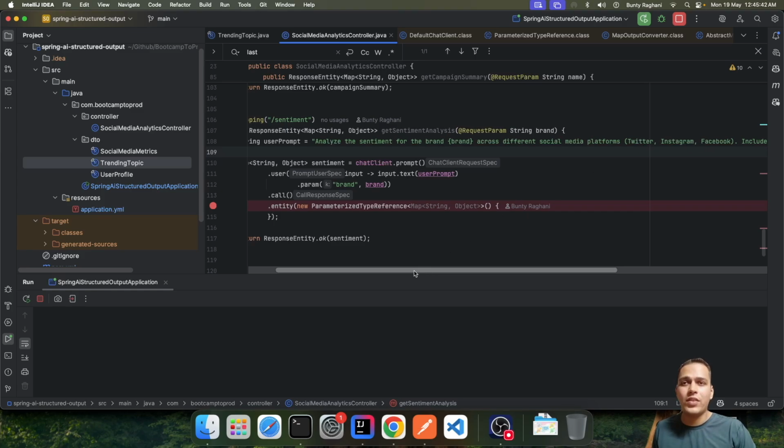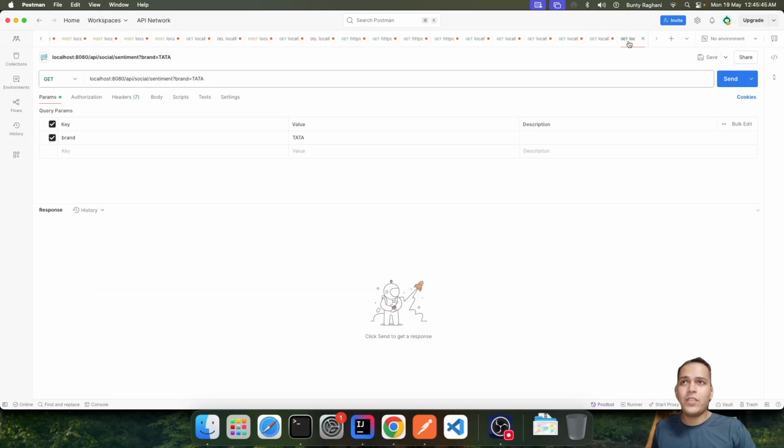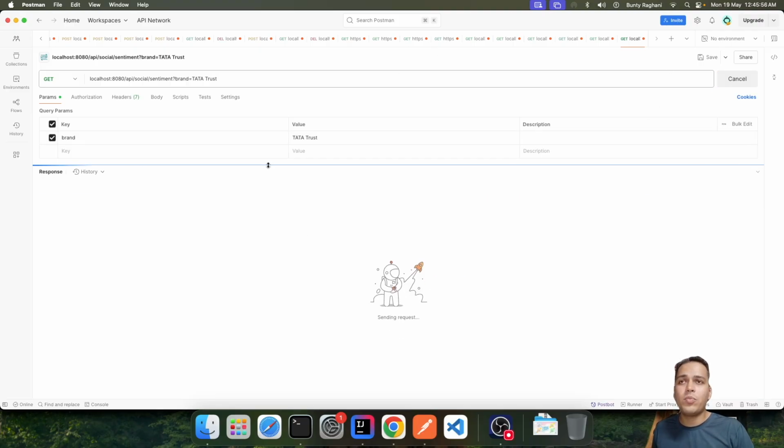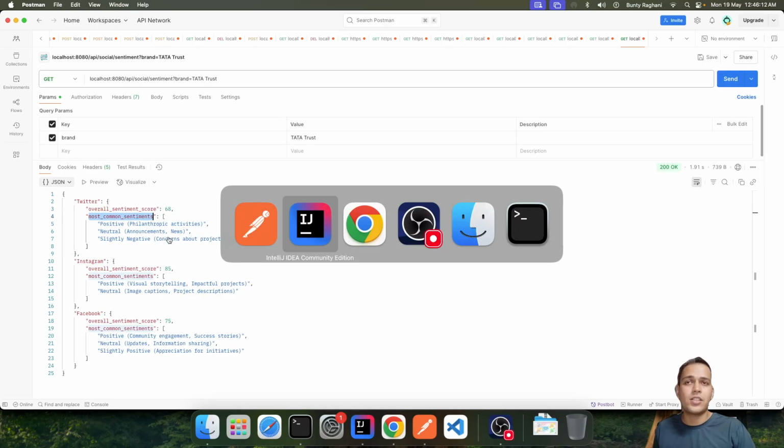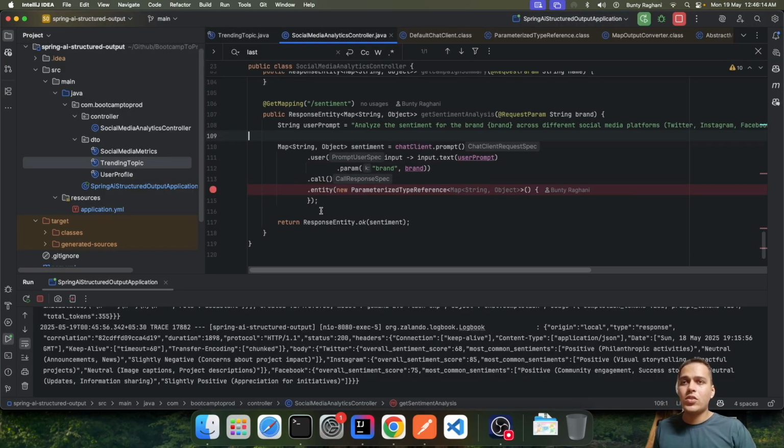Twitter, Instagram and Facebook. So now when we send the request, we are specifying the brand name as Tata Trust. So we will get the desired output in the form of key value pairs for different social media platforms. So here you can see the key string, which is Twitter, Instagram and Facebook, and the value is the object containing different sentiment related info for the brand Tata Trust. So this was all regarding the